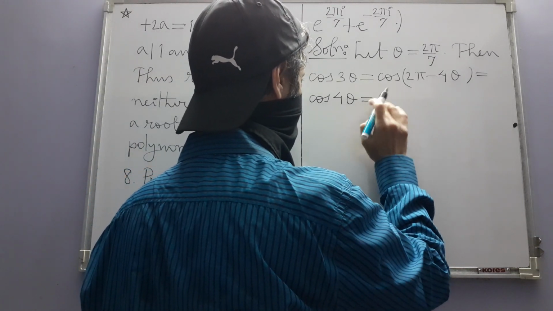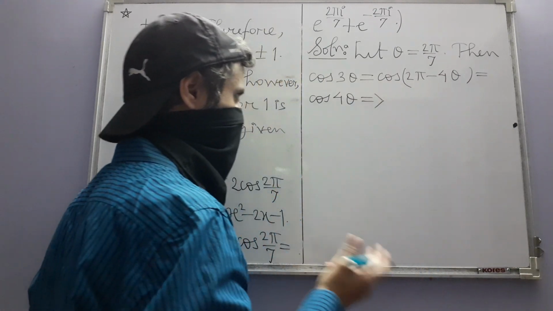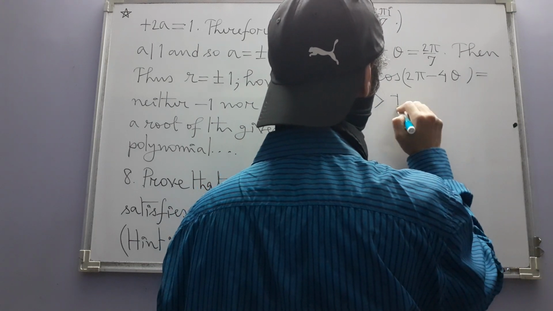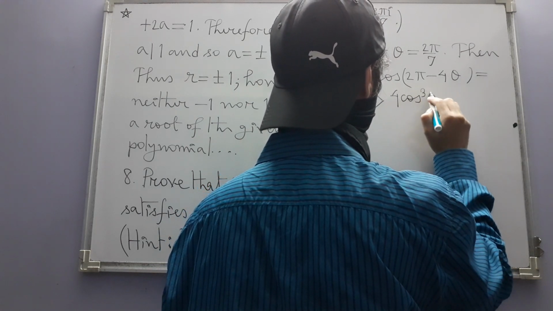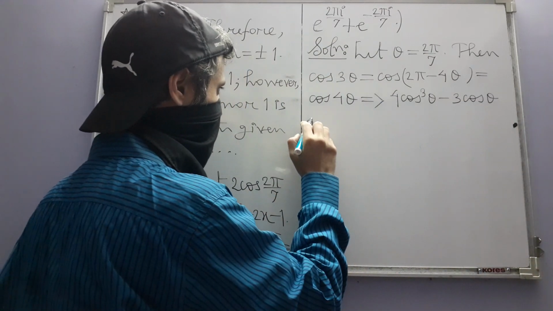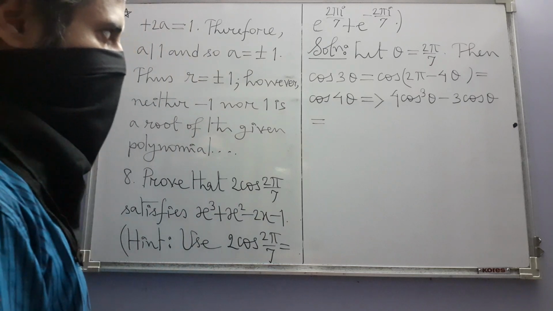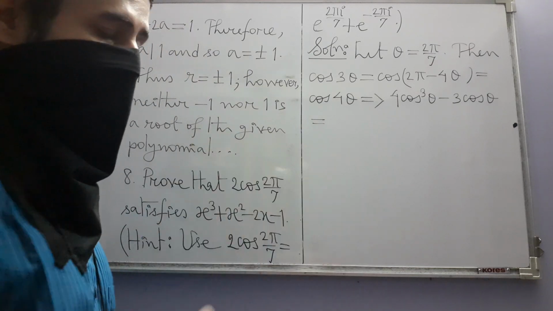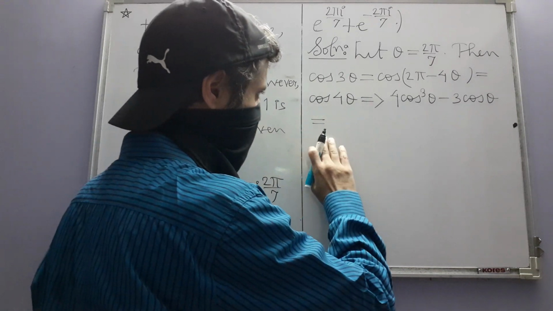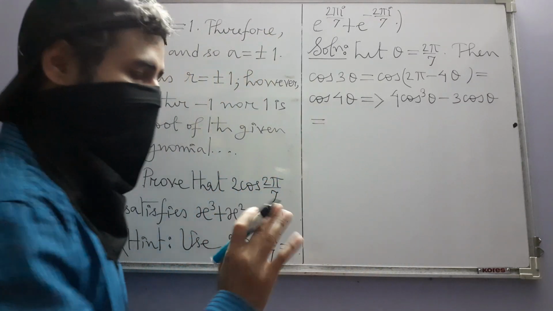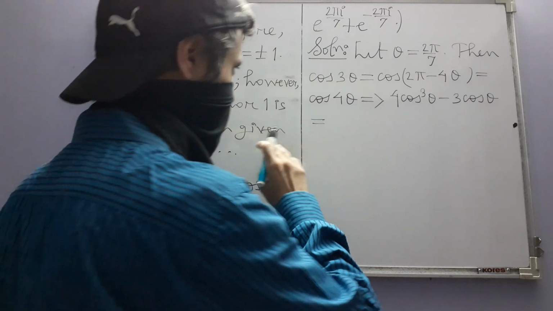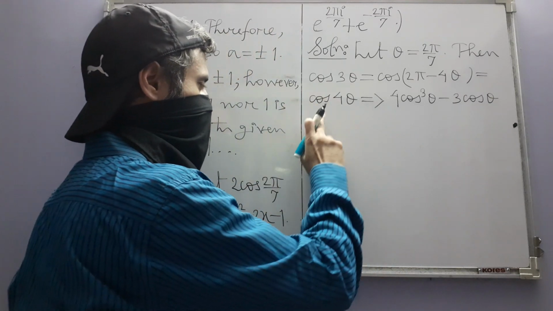Now we are going to use some trigonometric identities which I am sure you are all familiar with. Cos 3 theta equals 4 cos cube theta minus 3 cos theta. But what about cos 4 theta? Well, you can use the double angle formula. You have to use it 2 times in order to get an expression involving only theta and not its multiples. However, there will be some squaring things involved. So if you do all those things, for example, first,